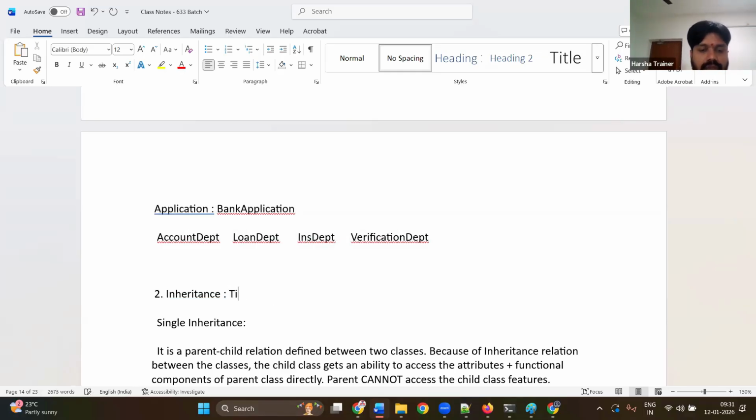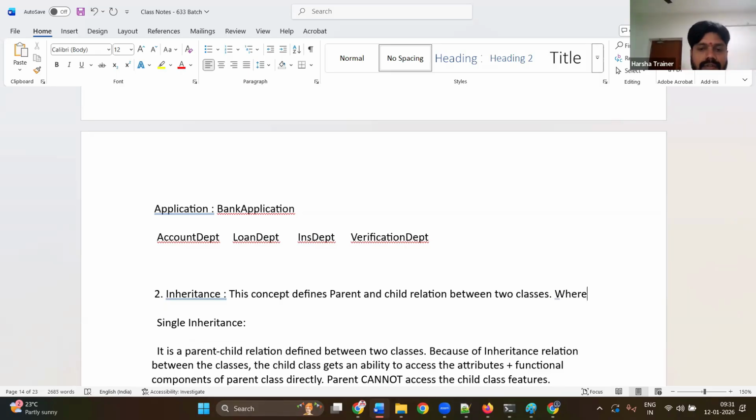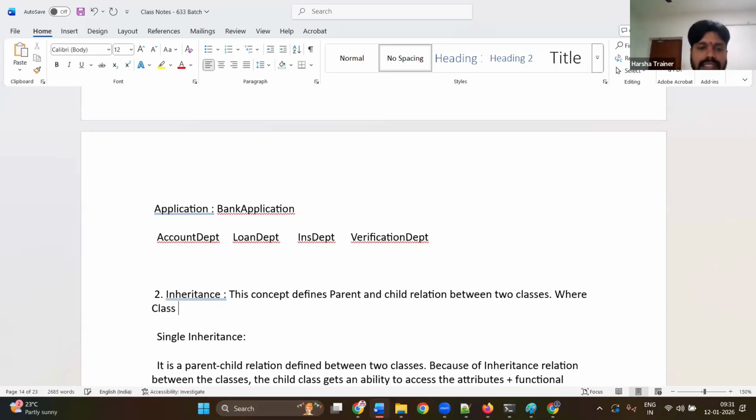This inheritance concept defines the parent and child relation between mainly two classes, where class A acts as the parent class, and class B acts as the child class.